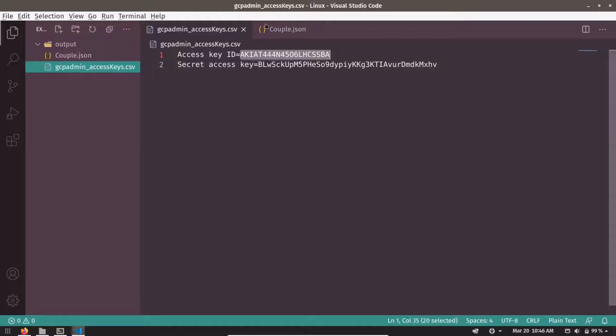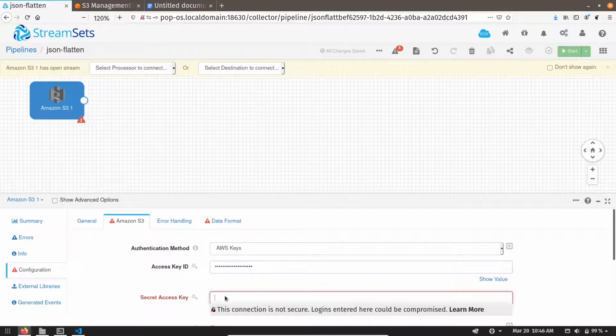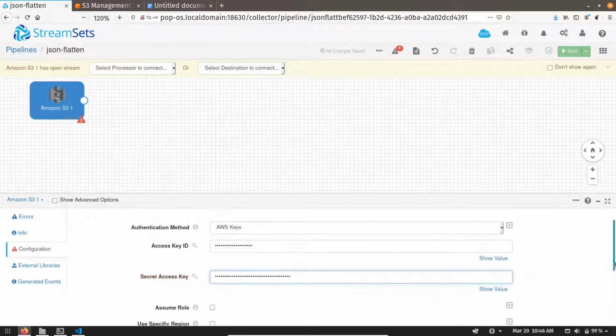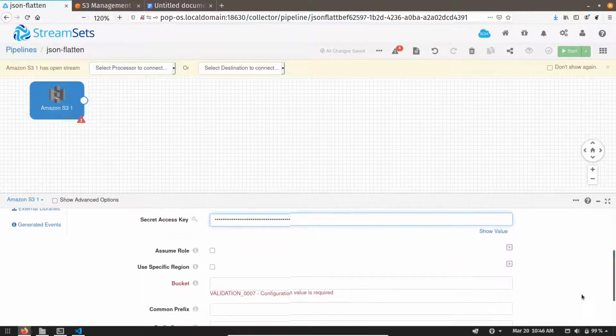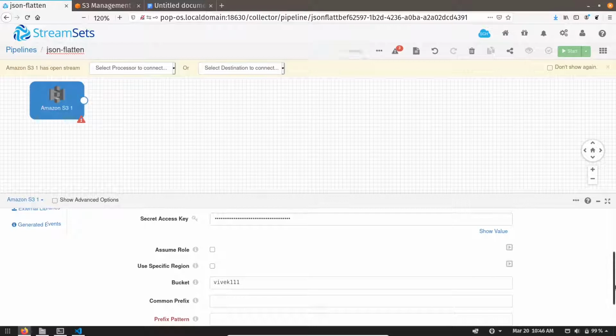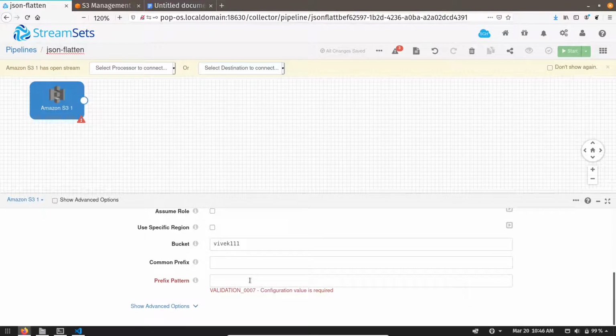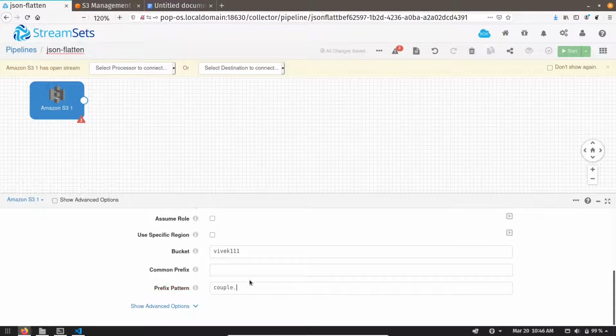This is the access key and this is the key ID, secret key. Then we have to give the bucket name, and we have to give the name of the file. I think C is capital.